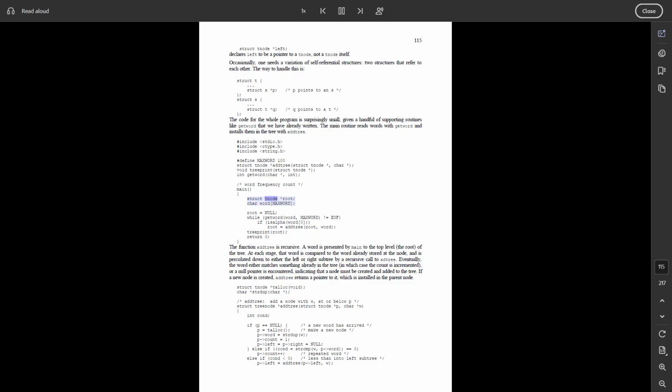{ struct tnode *root; char word[MAXWORD]; root = NULL; while (getword(word, MAXWORD) != EOF) if (isalpha(word[0])) root = addtree(root, word); treeprint(root); return 0; }